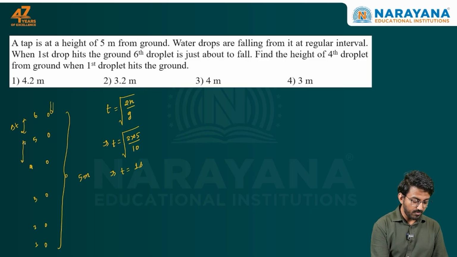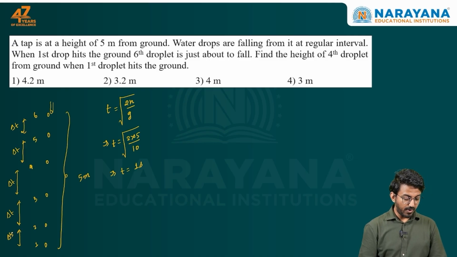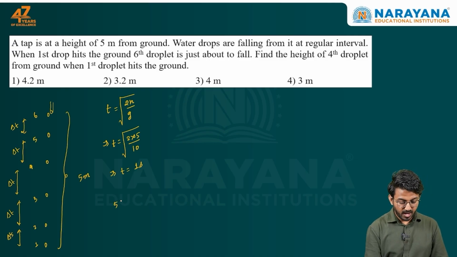Time gap between them is equal, and we have total 5 delta t. So 5 delta t is equal to 1 second, giving us delta t is equal to 0.2